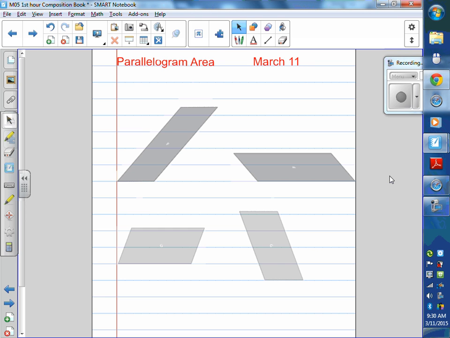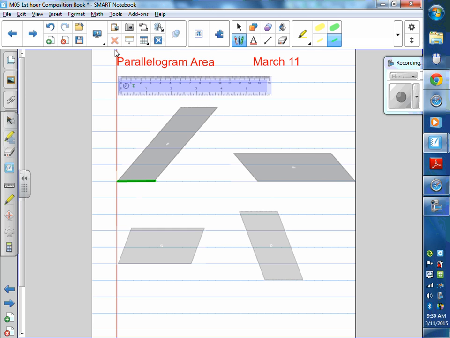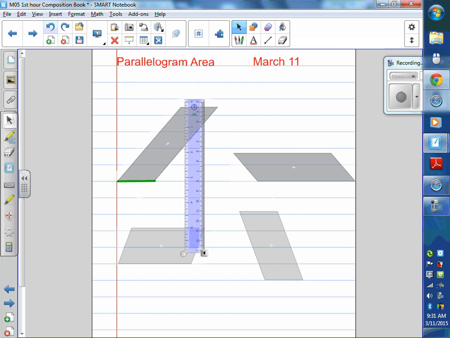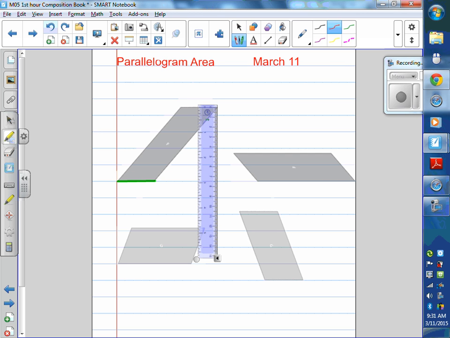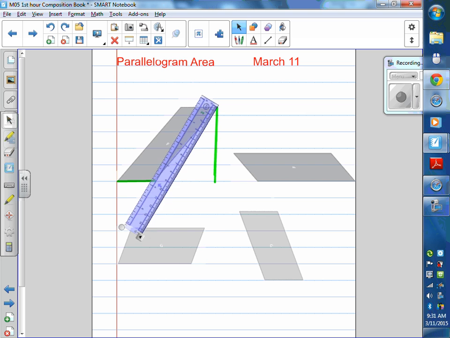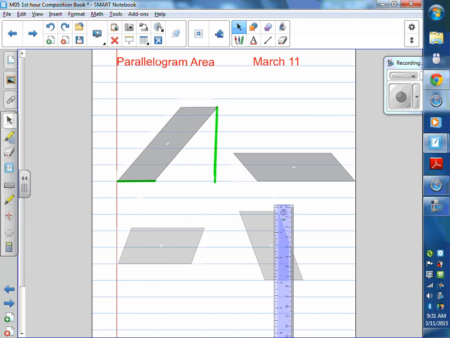And what I want your notebook to look like is 4 shapes titled parallelogram area. Use a highlighter or color pen and highlight just the base, and then with the straight edge, orient it so you can highlight the height and then measure it with your ruler, and then calculate the area